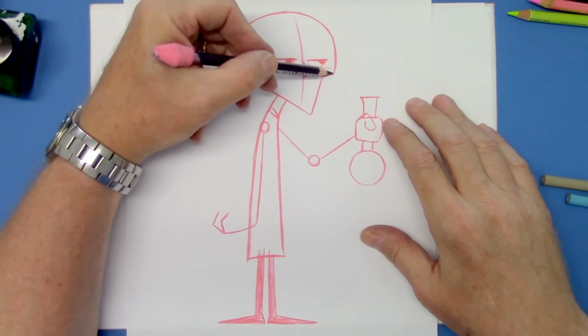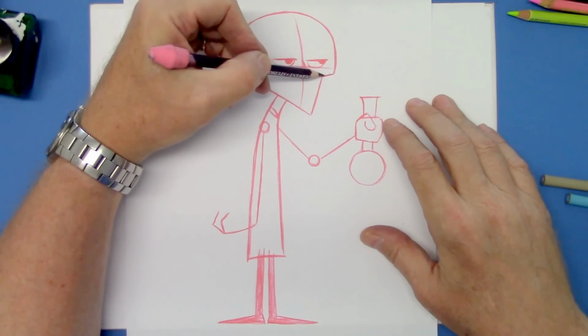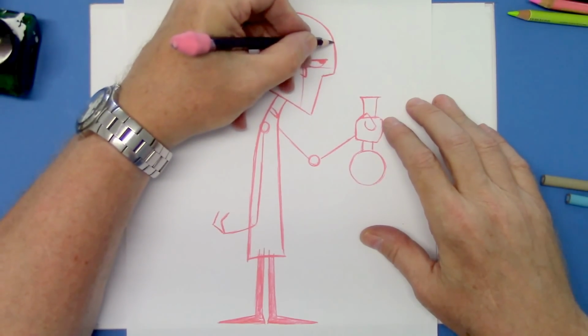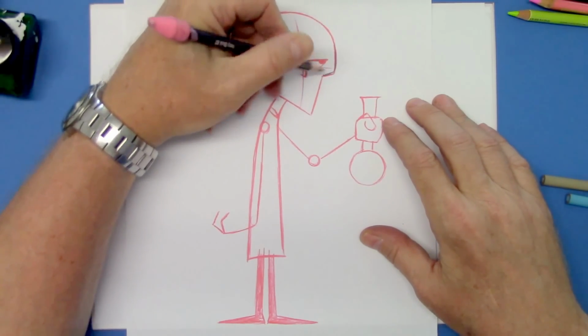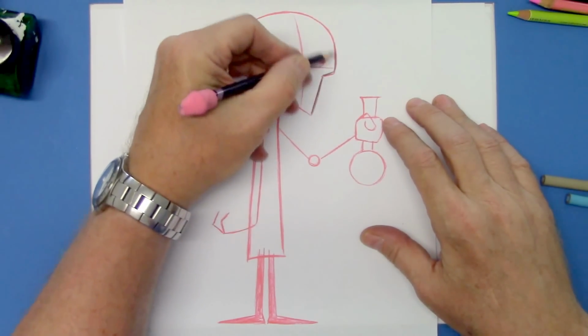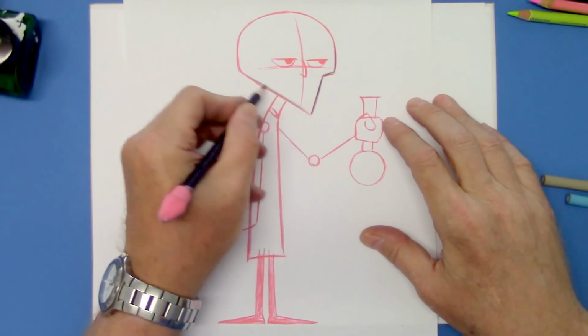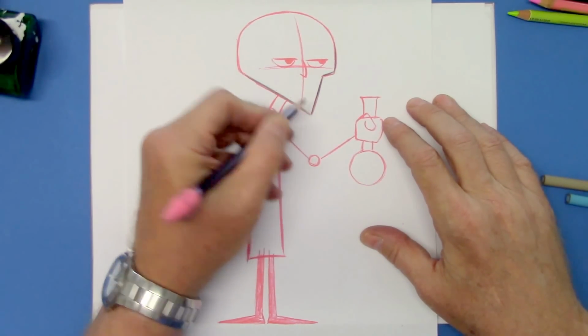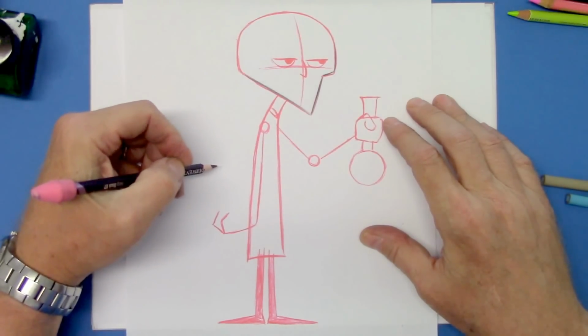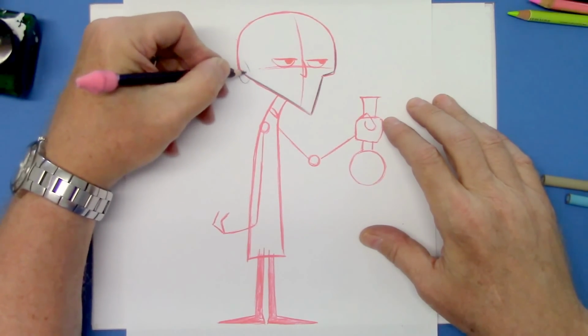Very important thing is the cheekbone on severe characters. I like to show that because it really gives them a different look than regular characters, a sharpness. So he's got a sharp cheekbone, he's got a sharp chin also. We're going to bring that all back on a diagonal, and a diagonal is also more severe than, say, a curved line. I'm going to put his ear right up here,